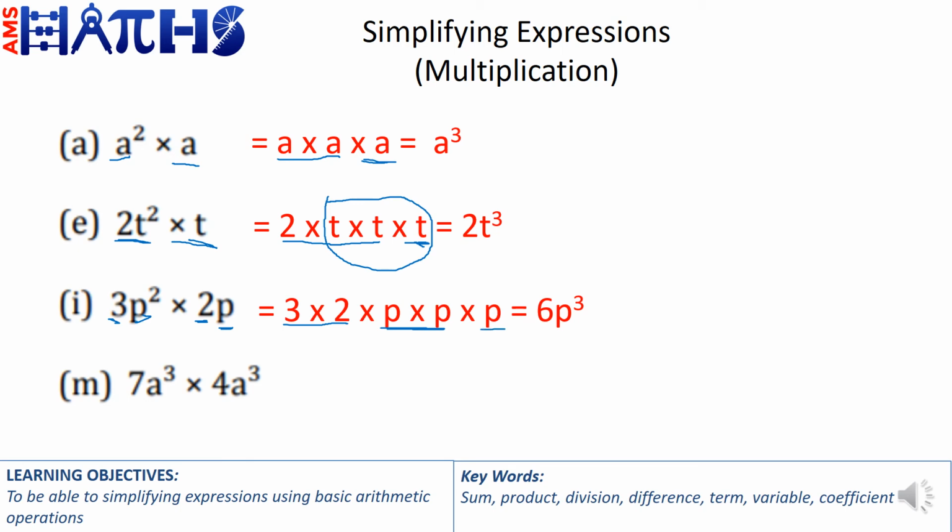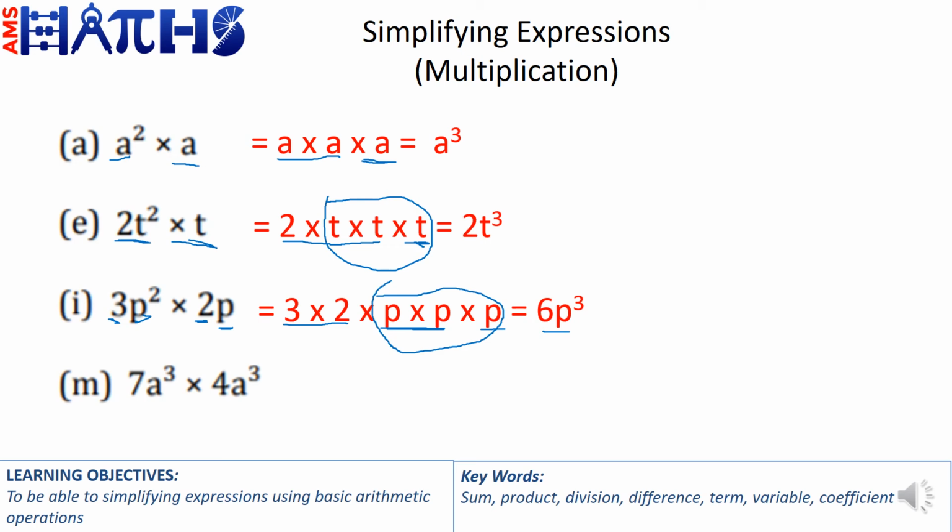As we can see, we have 3 p's again being multiplied, and so we would get 3 times 2, 6. Then p times p times p would be p cubed, and this is how we would write our answer, 6p cubed. Final example on this slide, again we are going to break down and reorganize to understand what we need